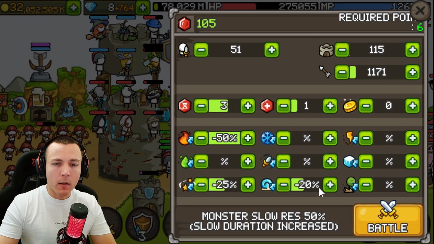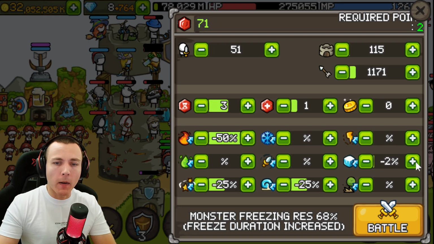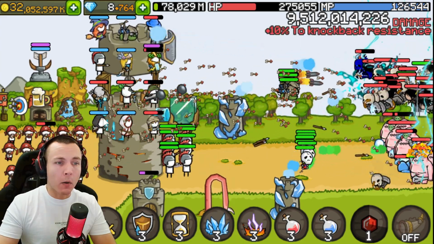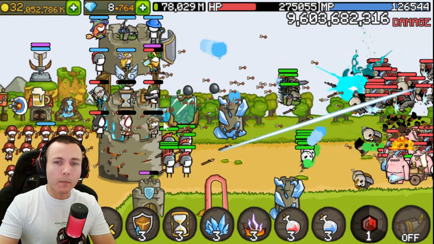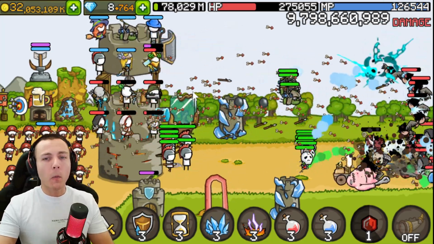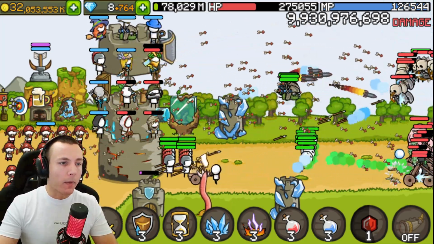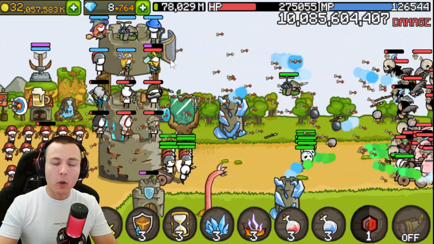Let's spend our points. Let's see, we can go to 25 in here. I'm gonna go 15 points on freeze as well. So that means I did not level my Town Archers a whole lot right now. But I believe with 1x game speed we are still strong enough so that we can overcome the enemies at this point. So now it's just gonna be